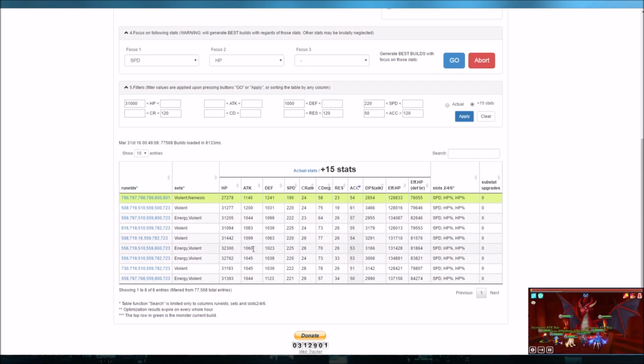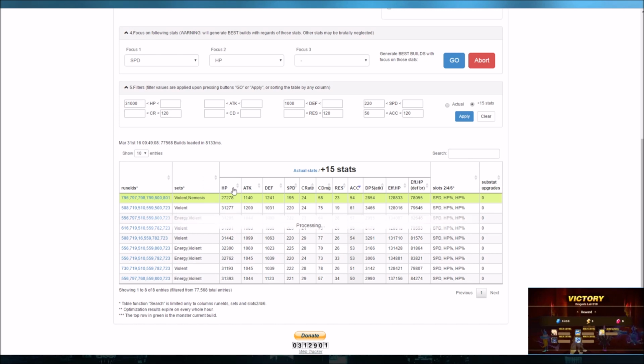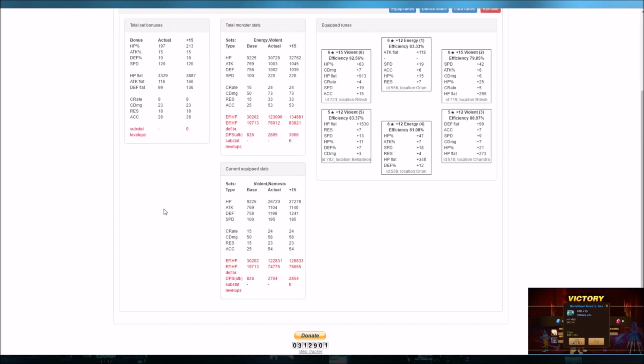Now that I have a smaller subset, I can look at all of the stats more closely because there's less options for myself. And because I know the minimum speed is 220, let's just give him the most HP possible out of these builds. So this set, this top set, if I click it,